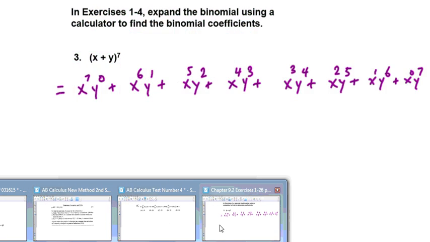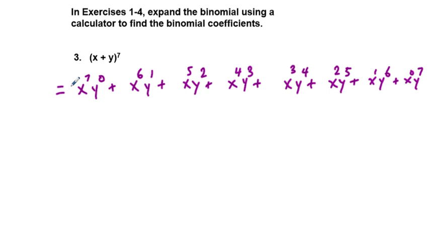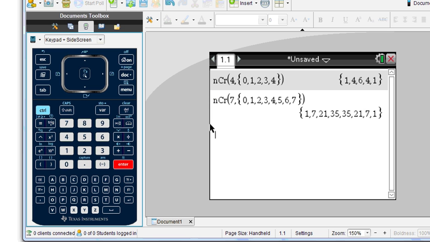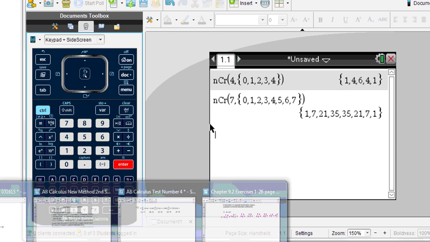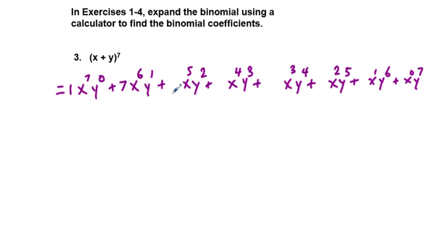I'm just doing it from memory. 1, 7, what was that next one? 21, 35. Okay. 21, 35, and we have 35 here,